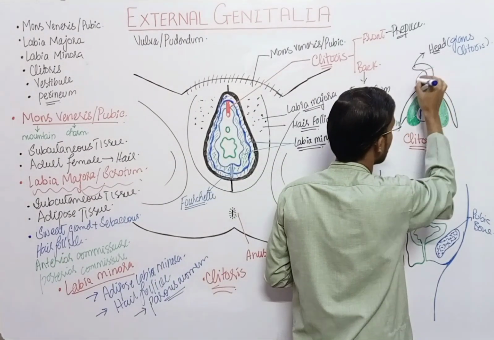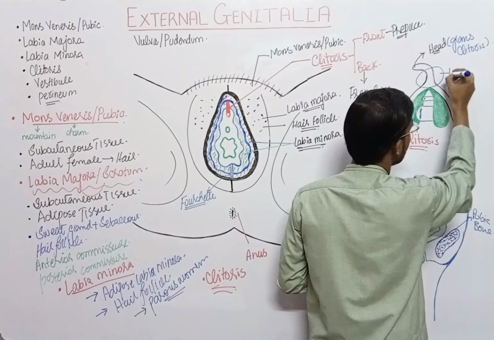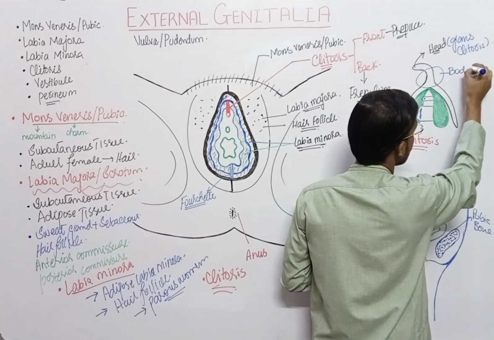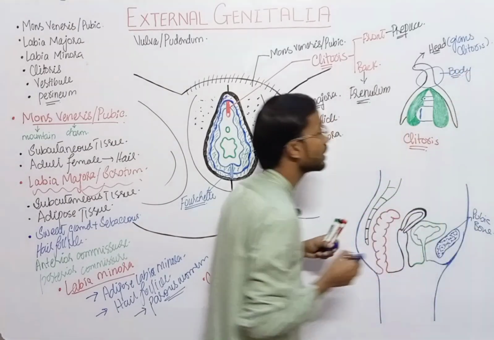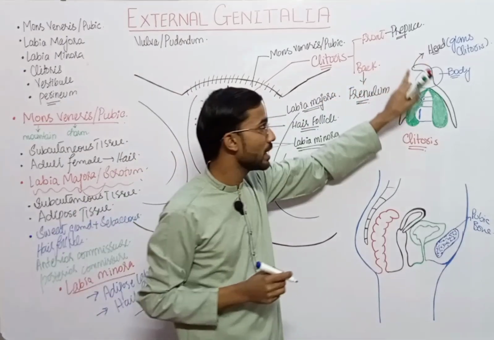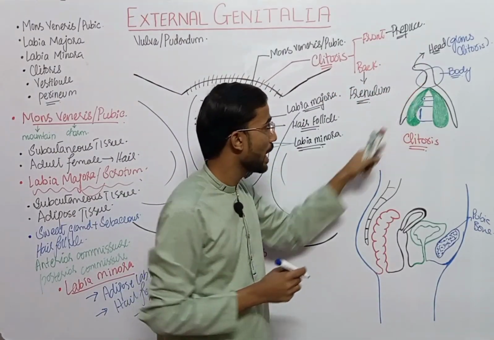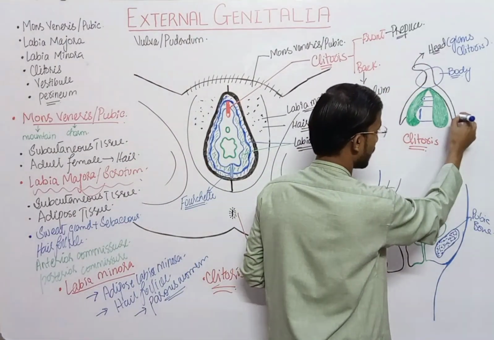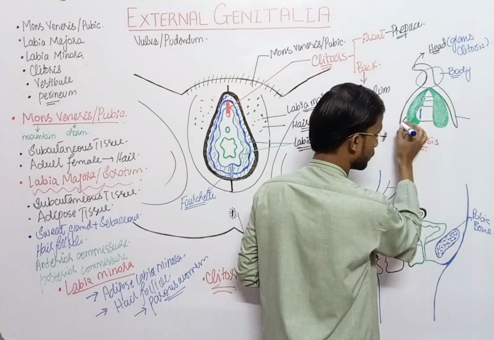Next is the body, or shaft. First is the head, next is the body, and last, here you can see two tails of the